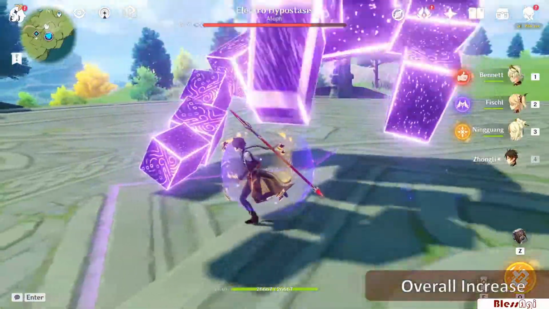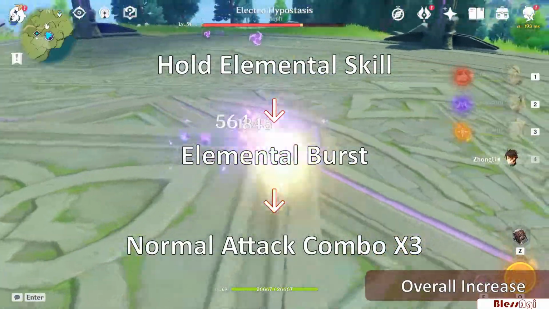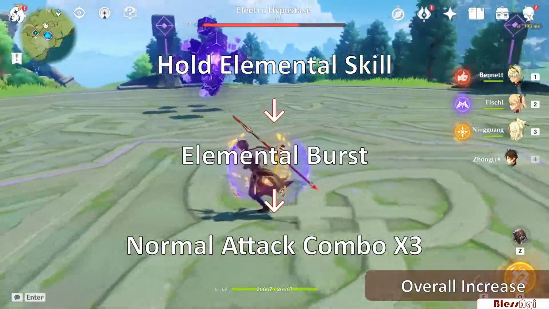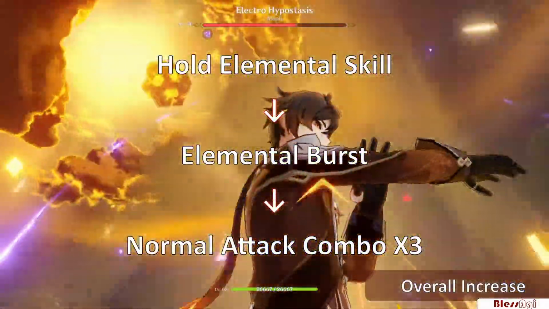So how much damage did Zhongli actually get overall? We'll be doing this by getting the total damage of his hold E-spell, his burst, and 3 combos of his physical attack, since that is how much you can dish out while his burst is on cooldown. Take note that these numbers may slightly vary from other builds since Zhongli increases his damage from Geo bonus, attack,